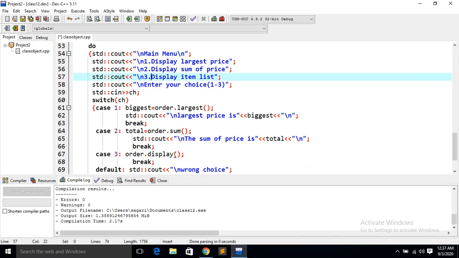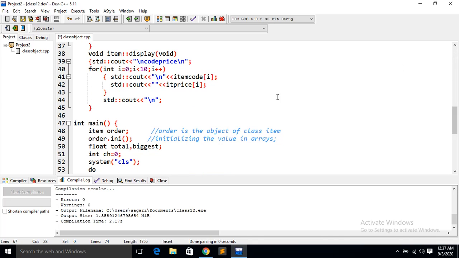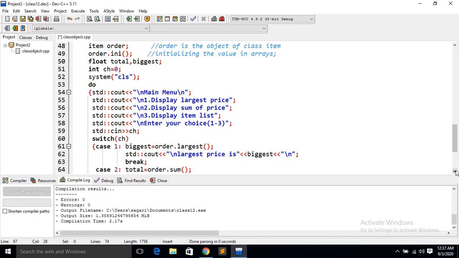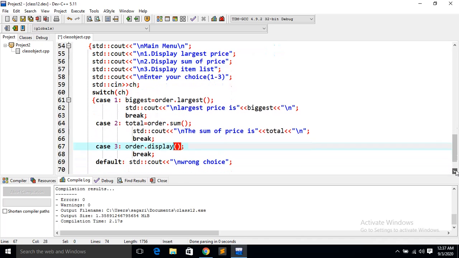In the display, it will show you all the records, whatever you have entered, as it is. Let us go to the display part. See, it is going to display the item code and price. So that is all about your main program. This program is a little bit professional, showing how programmers make programs in practical life. So this is the ABCD of the program, how in real life they are making the program. This is one very small example related to real life.